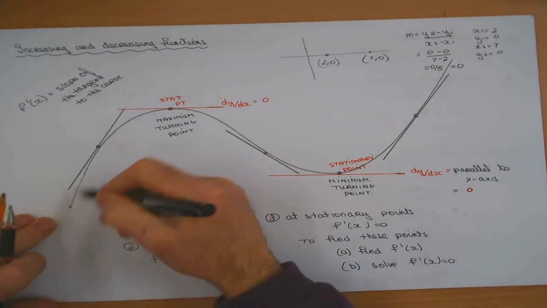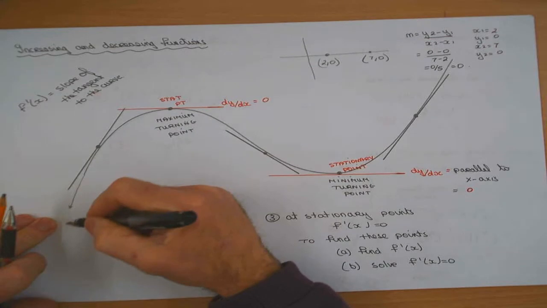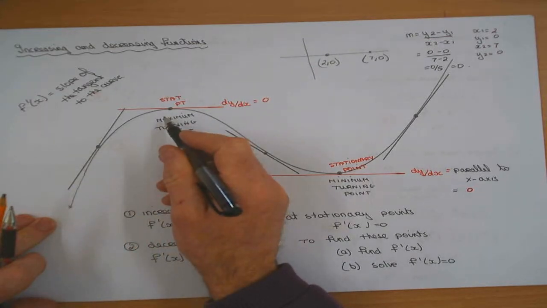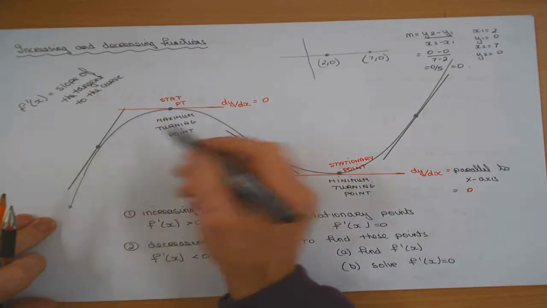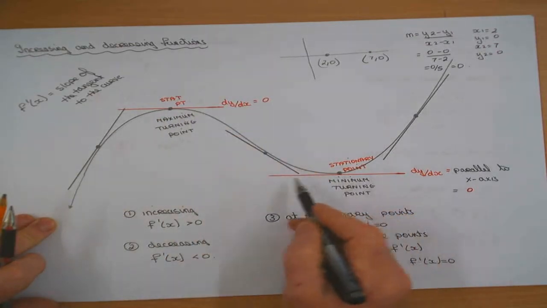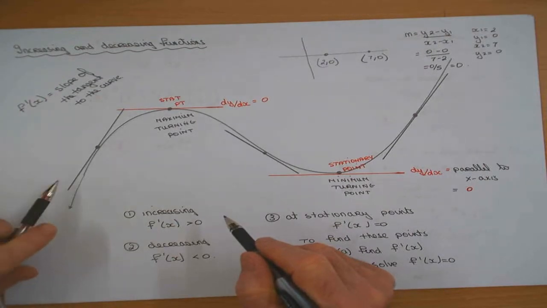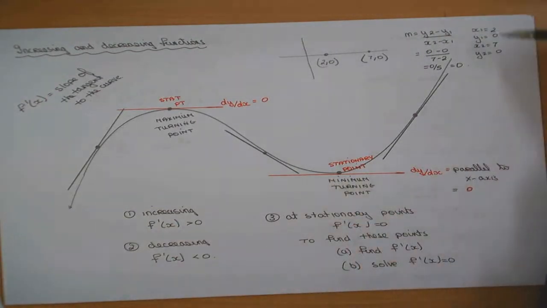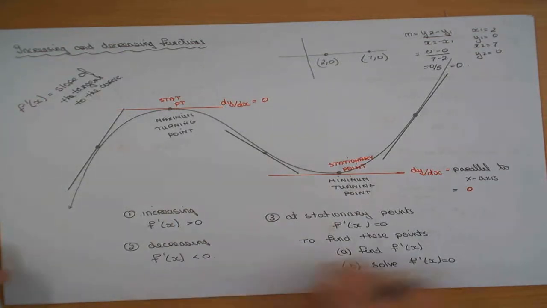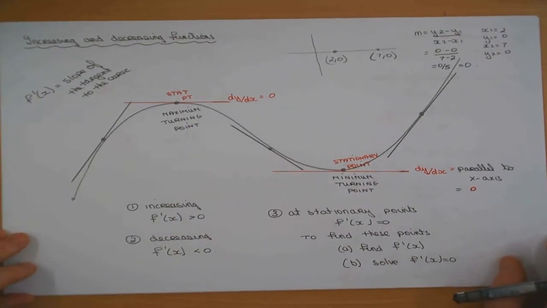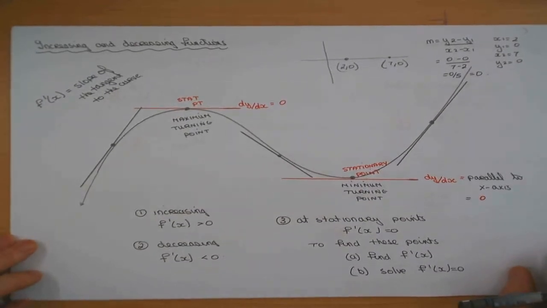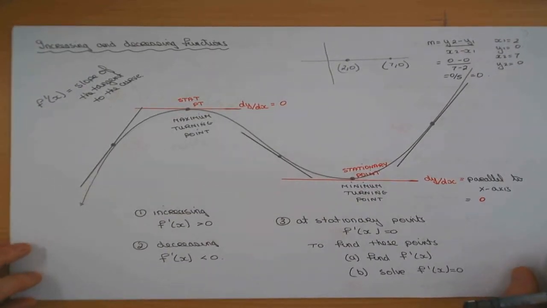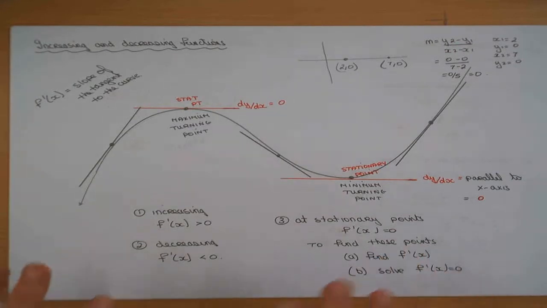What do I know about the slope of the tangent to the curve along the increasing section? It's positive. What's the slope of the tangent to the curve along the decreasing section? It's negative. And the slope of the tangent again is positive, again going from there on. Now, do you understand that, the theory? Because that will be the theory based on which we'll answer the rest of these questions. Yes? And there for you is an important page to have in